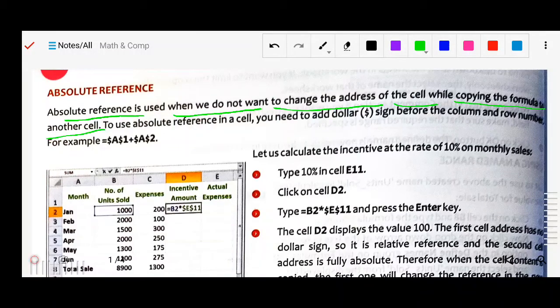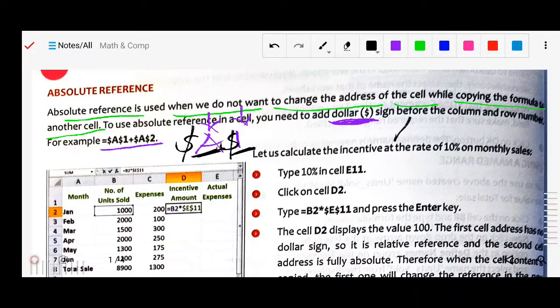To use an absolute reference, very important, we use the dollar sign. Once you use a dollar sign, that will be fixed, meaning it will not change. It goes before the column and row number, for example A and 1. A is the column, 1 is the row number. If you use the dollar sign before both, the column and the row are fixed and will not change.